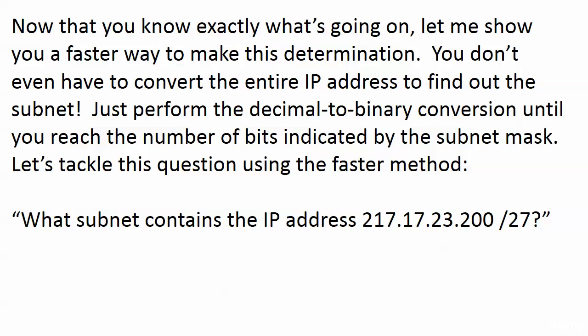All you have to do is do the decimal to binary conversion until you reach the number of bits indicated by the subnet mask. Now, in this question, it's a /27, so it's a pretty long mask. We're not saving a ton of time, but if it were a /11, we'd save a lot of conversion time. Just given the question, what subnet contains the IP address 217.17.23.200/27? The answer is on the next screen, so if you want to work through this, please pause the video,